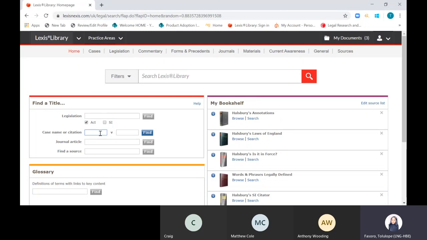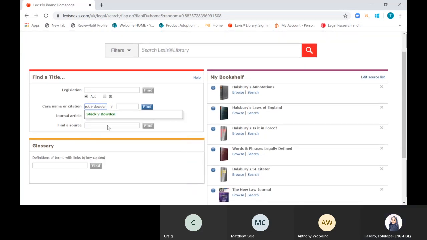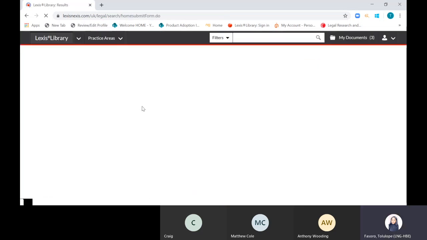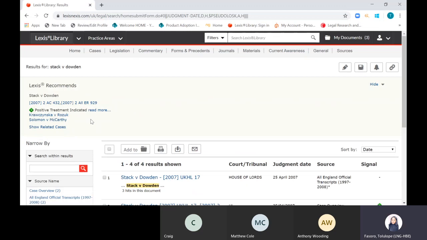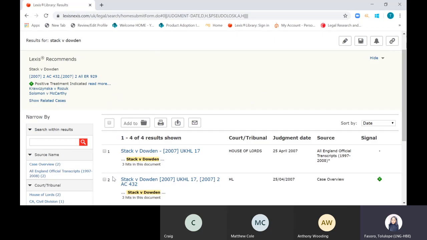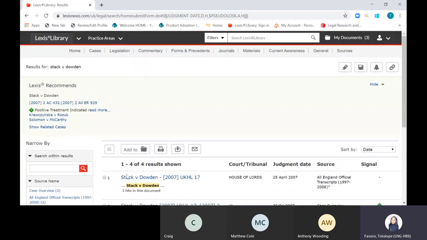So if I say I want to find Stack and Dowden, and I select find. So again, I have my Lexis Recommend here, and I can see that it has a positive treatment, and I can also see the different results for that case as well from the House of Lords. So if I go into the first results here,